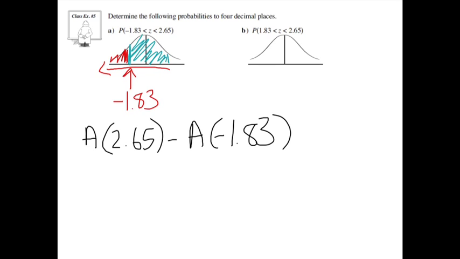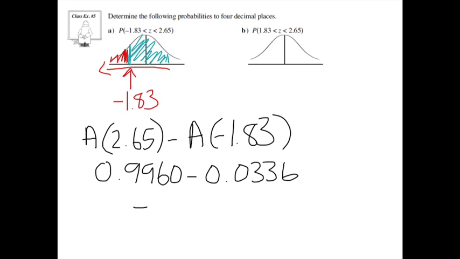Looking that up in the back of your book, you have 0.9960 minus 0.0336, and working that out, it should be